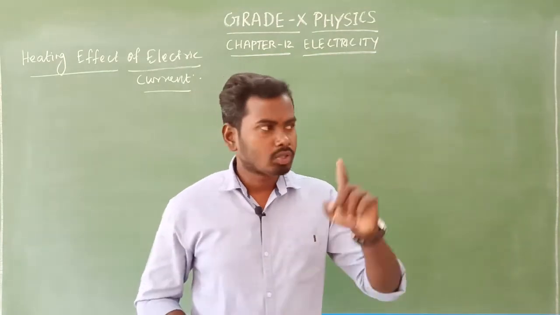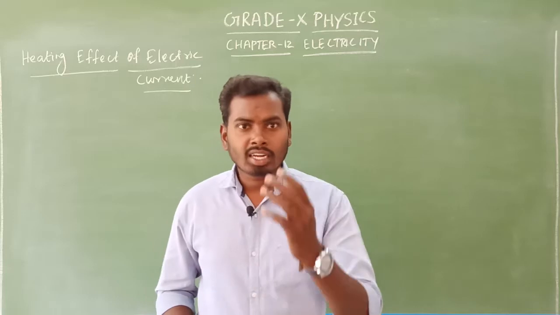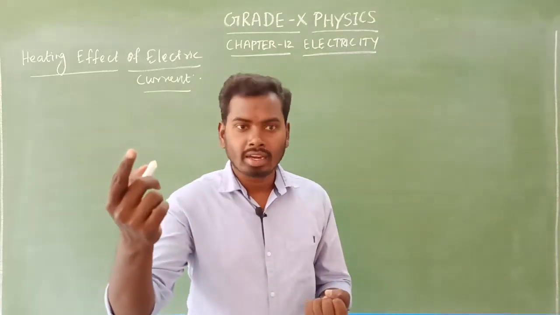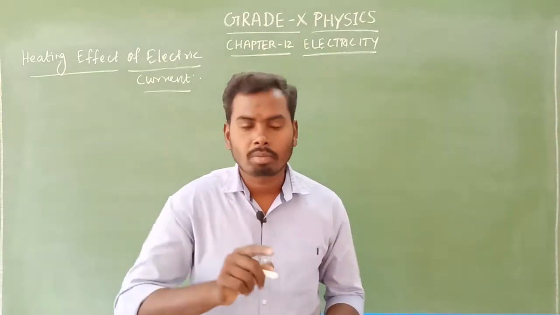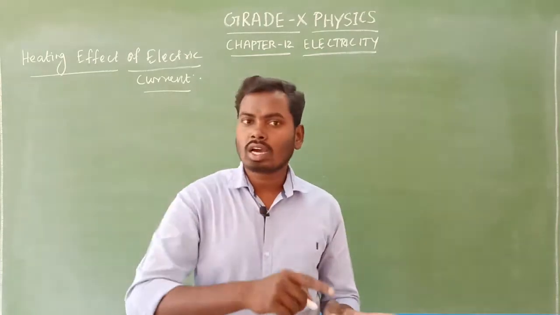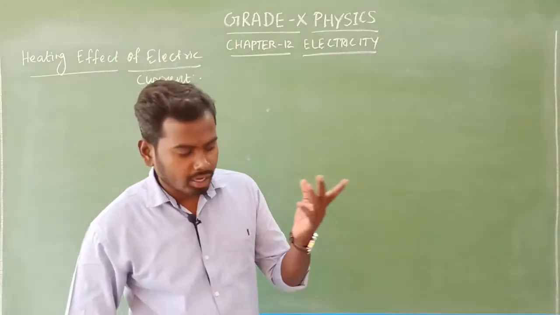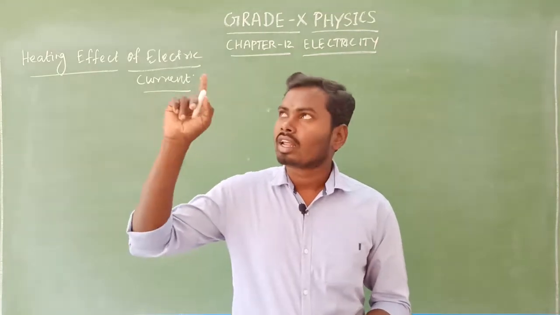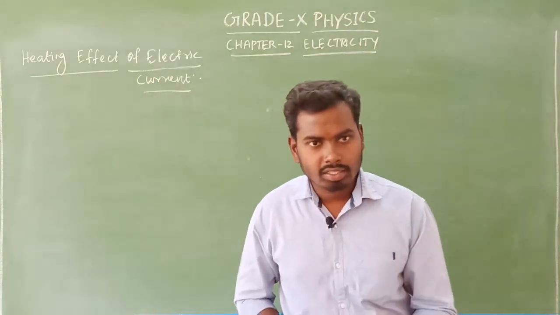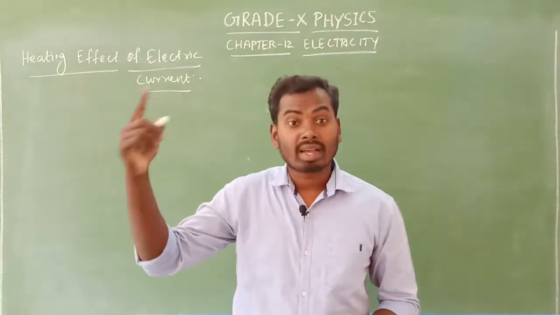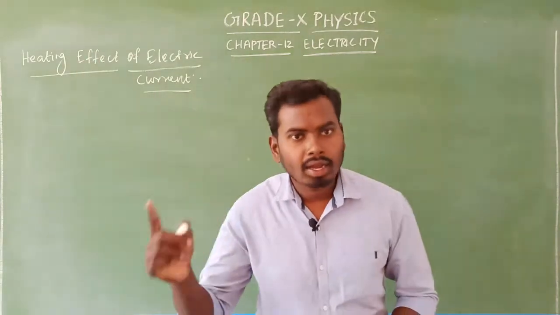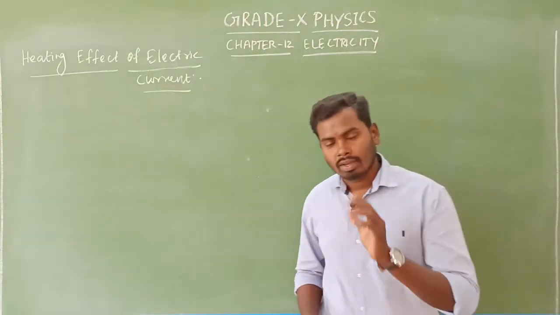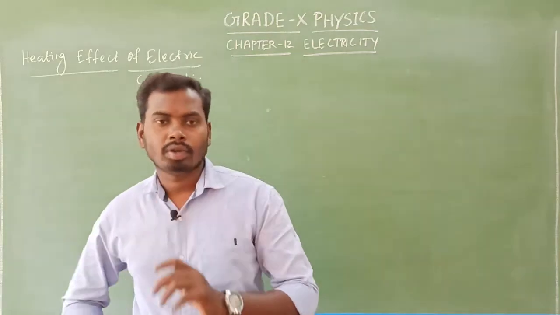For example, when we switch on the electric bulb, what will happen? The bulb consumes electrical energy and converts it into heat energy as well as light energy. When we switch on the electric fan, it consumes the electrical energy and starts rotating, which means it converts the electrical energy into mechanical energy. Energy can neither be created nor destroyed; we can convert one form of energy into another.